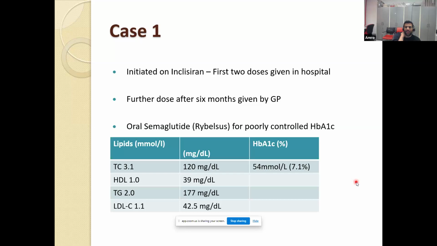And again, I moan about the NHS and the resource poor NHS, but we're so lucky with the access of some of the drugs we do have on the NHS. If you do not have access to PCSK9 inhibitors or inclisiran, then you are left only to increase atorvastatin to 80 milligrams. I think that's the only thing you can do,